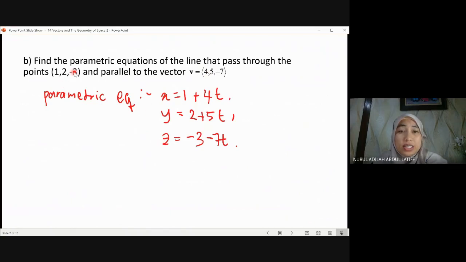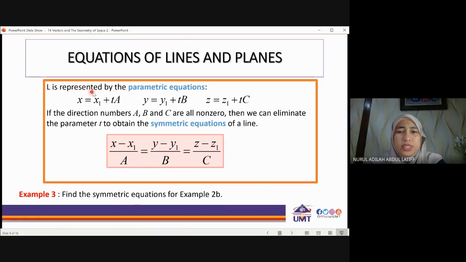Z is equal to negative 3, negative 7t. Okay, remember students, you must understand the terms: what is a parametric equation, and then what is n. Then you can find the answer. n is represented by the parametric equations, which is this one. If the direction numbers a, b and c are all non-zero, then we can eliminate the parameter t to